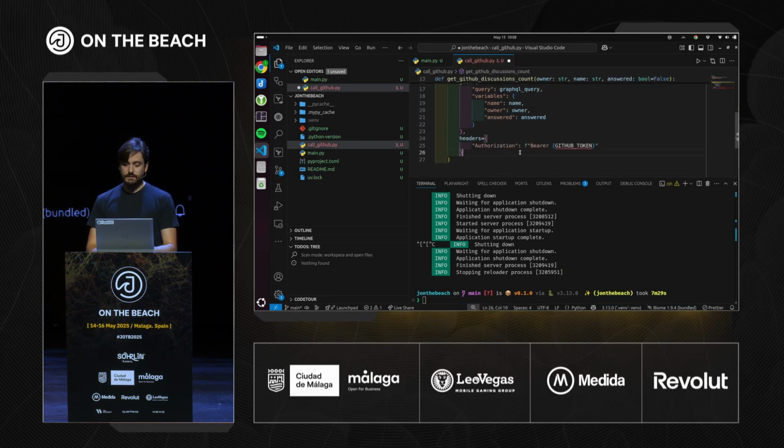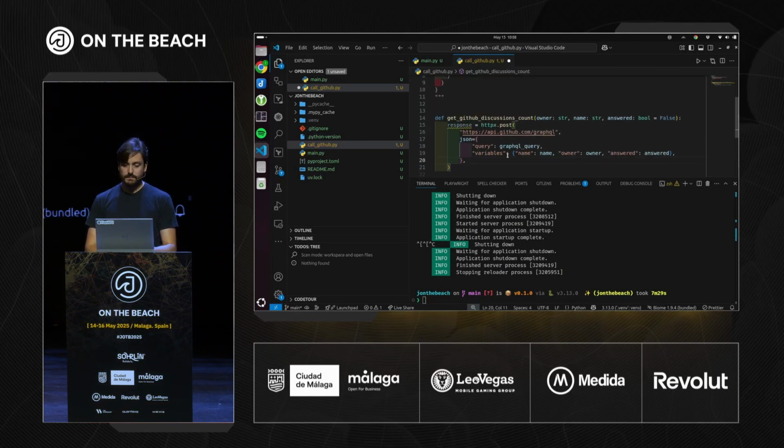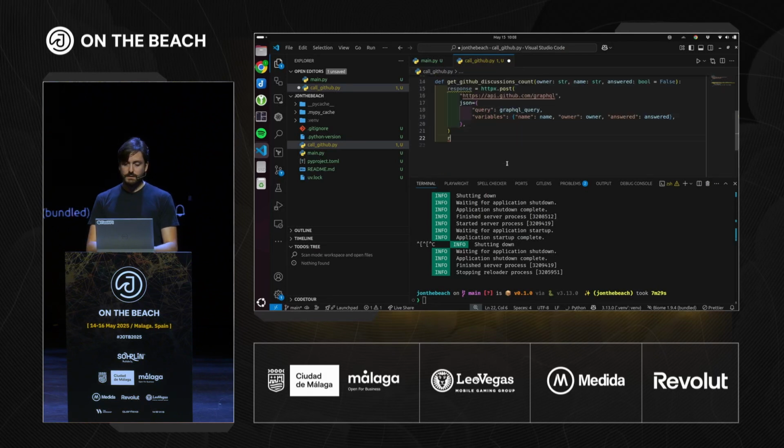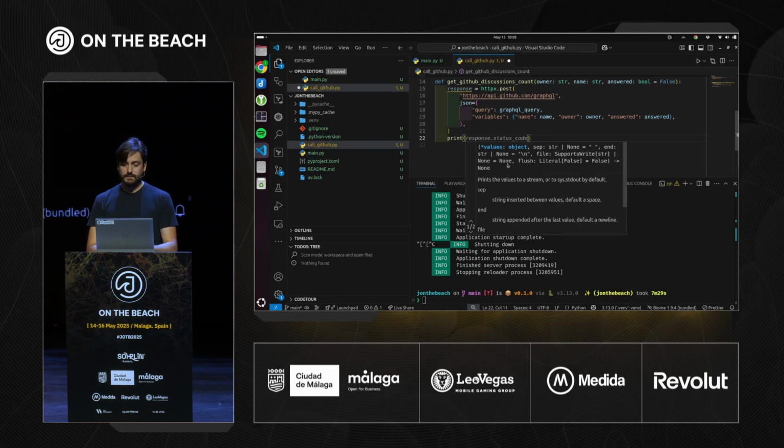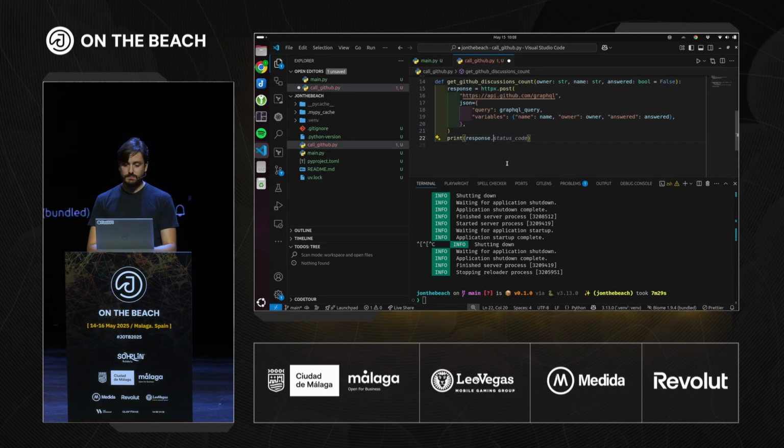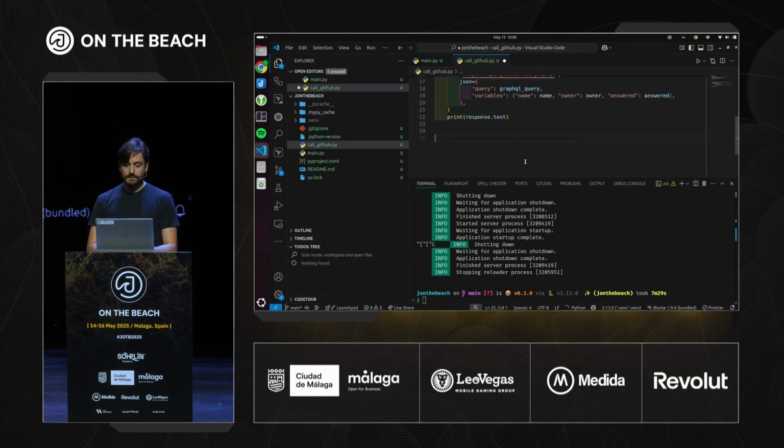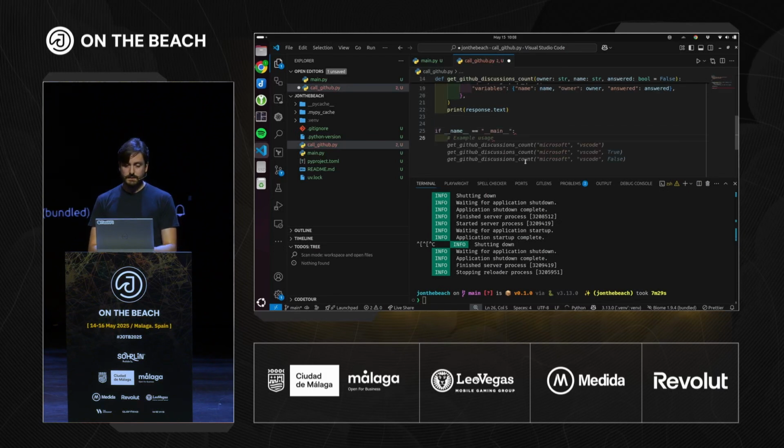We are not going to do this headers part yet because we want to see how that works. So let's format this, and then we're going to say print response.text. Let's just do that. And now we're going to say if __name__ equals __main__. This is the way that we are telling it to execute this script as the main thing if it's called as the main script.